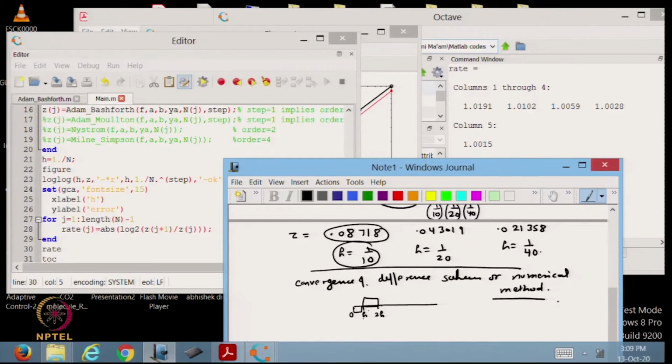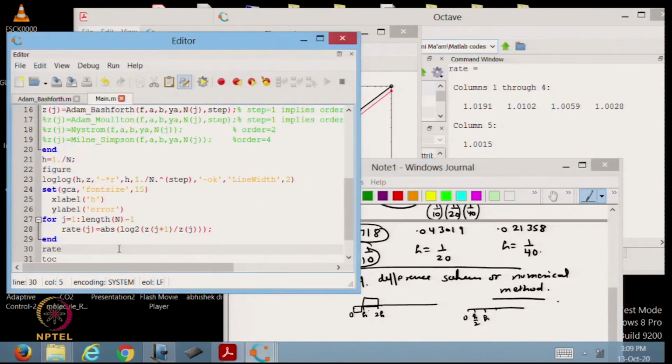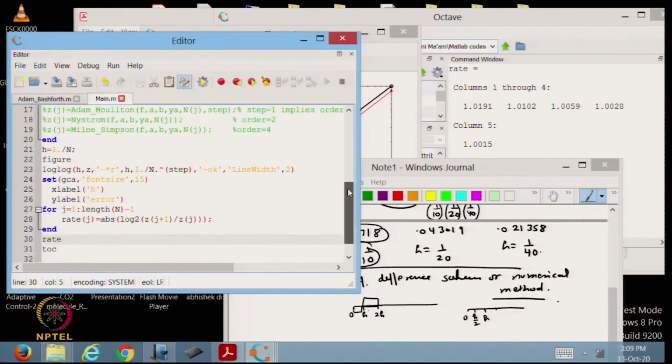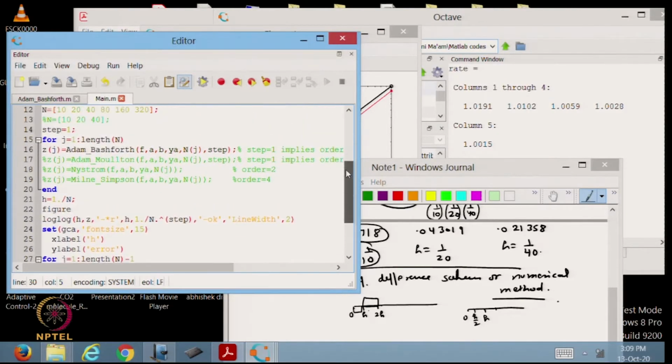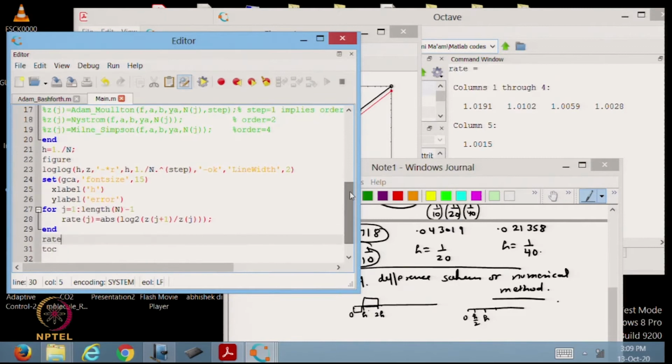Sorry, this is h and then we are working with h by 2 when we are working with half. Because we have saved the value of z corresponding to j for each h, that is why here we are writing zj plus 1 divided by zj.